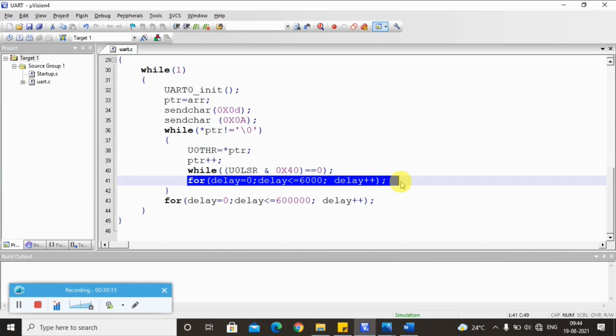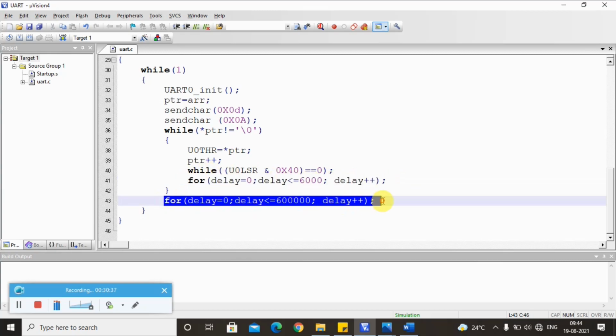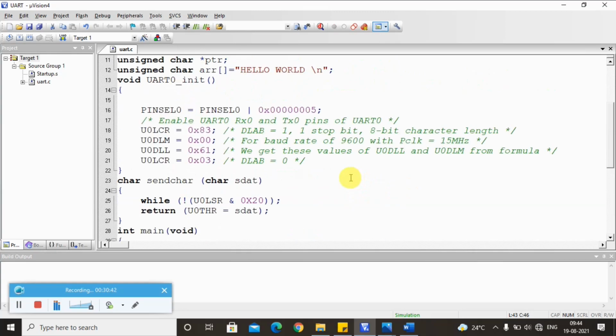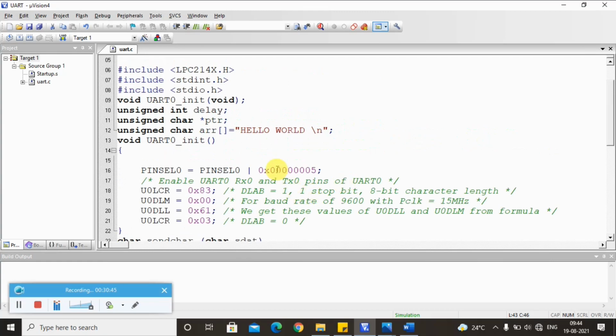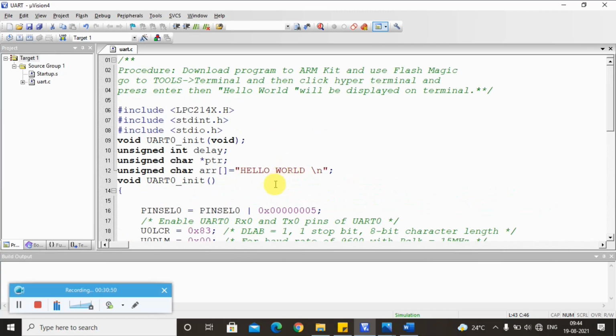That is why we require one serial interface cable to connect from the processor to the controller, which I am going to show you while executing it, because we know that all the data is passing serially, bit by bit. To make that properly available, we are using this internal delay. The external delay we are using for display purposes finally. So this is a simple embedded C program to display a message hello world using internal UART. Now let us move on to the execution part of this program.